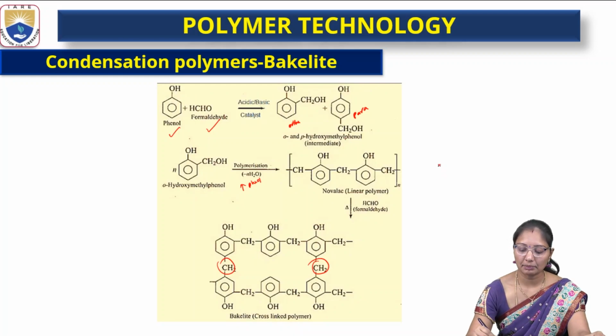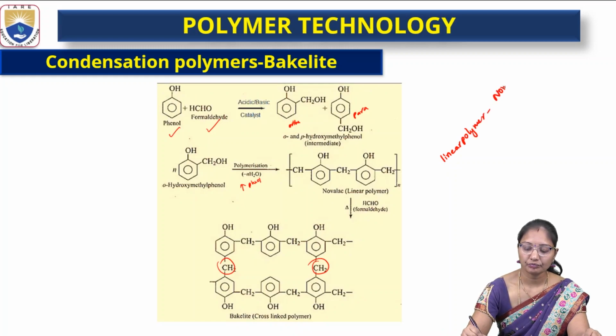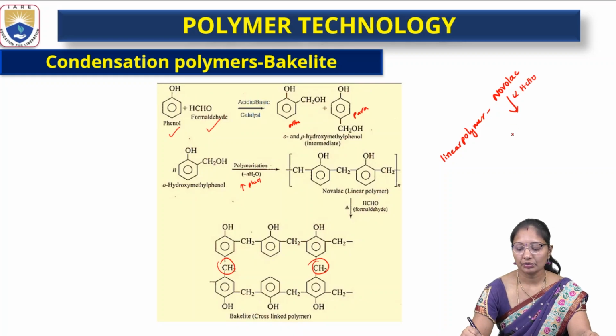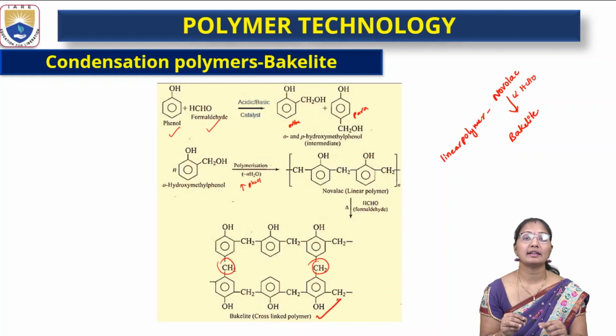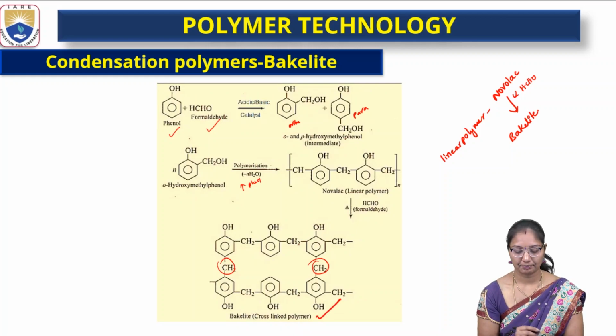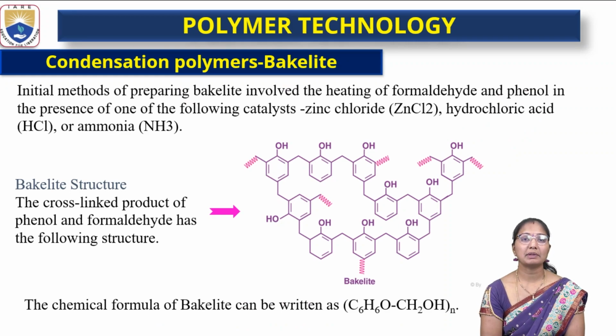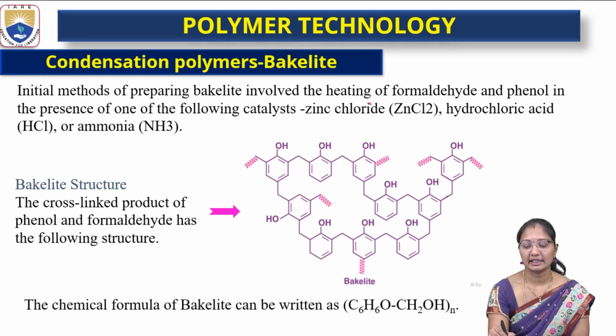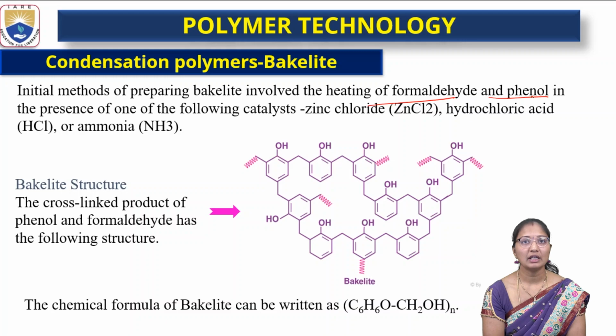Here the linear polymer is Novolac. It won't have cross links. Again, these Novolacs on heating in the presence of formaldehyde give cross links called bakelite. So this is the bakelite. It's a cross-linked polymer. So the initial methods for preparing involved the heating of formaldehyde and phenol in the presence